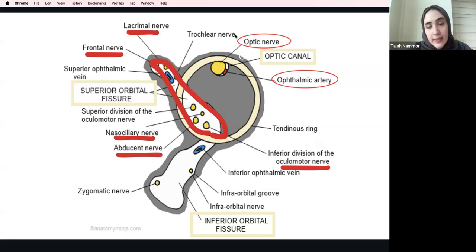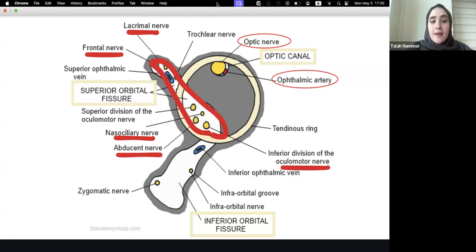So we have basically lacrimal, nasociliary. And if you think of it, it kind of works. Nasociliary has to do with the nose. Lacrimal has to do with the lacrimal duct or the tears. So they're all structures that are right here. So lacrimal, nasociliary, and then the frontal, because we have the frontal bone right here, so it would have